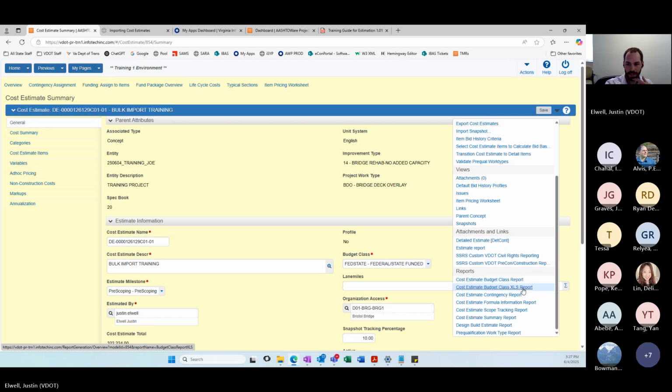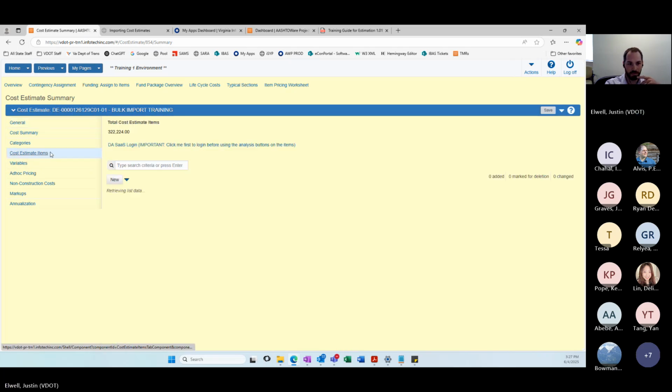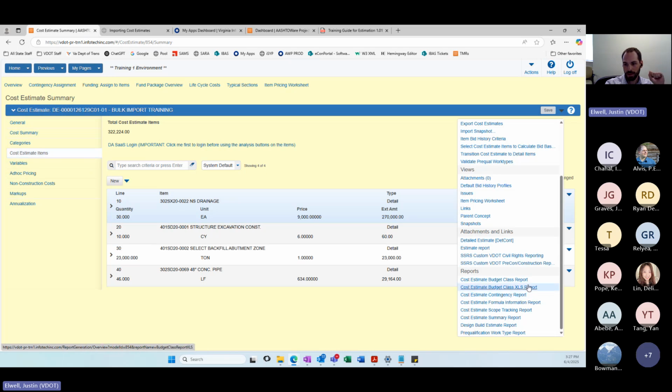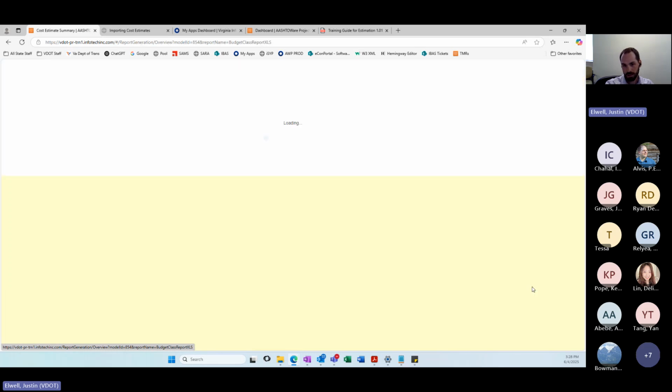So with that being said, we have our cost estimate here, and we recently rolled out the cost estimate budget class XLS report. And the question was, can you go through how to export estimate from AWP?